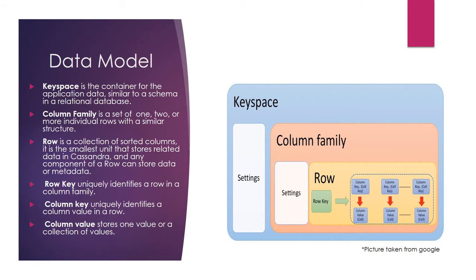We have something called a key space, a column family, row keys, and column values. Unlike traditional relational databases, where you use a standard query language called structured query language, SQL queries with a lot of constraints and joining criteria to get the results,